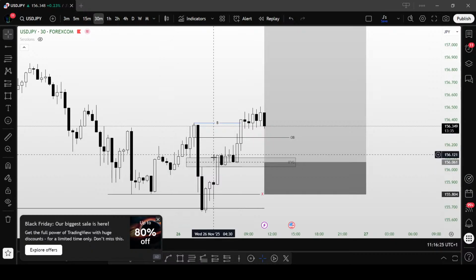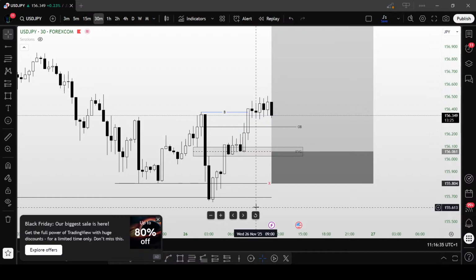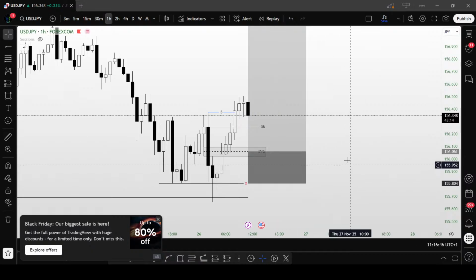So I believe that price could as well use this inverse favorable gap that we have here, or this favorable gap. Whichever one price decides to use, that's quite alright. It doesn't really matter. All that matters is that we have a POI and that POI gets active. So yeah, probably the 1 hour POI is actually best, so I think I'll just go with that.